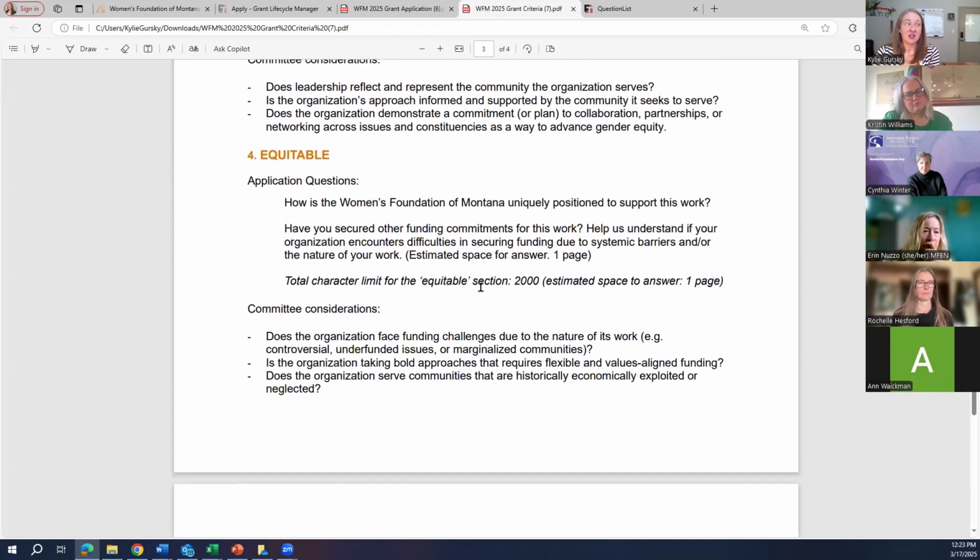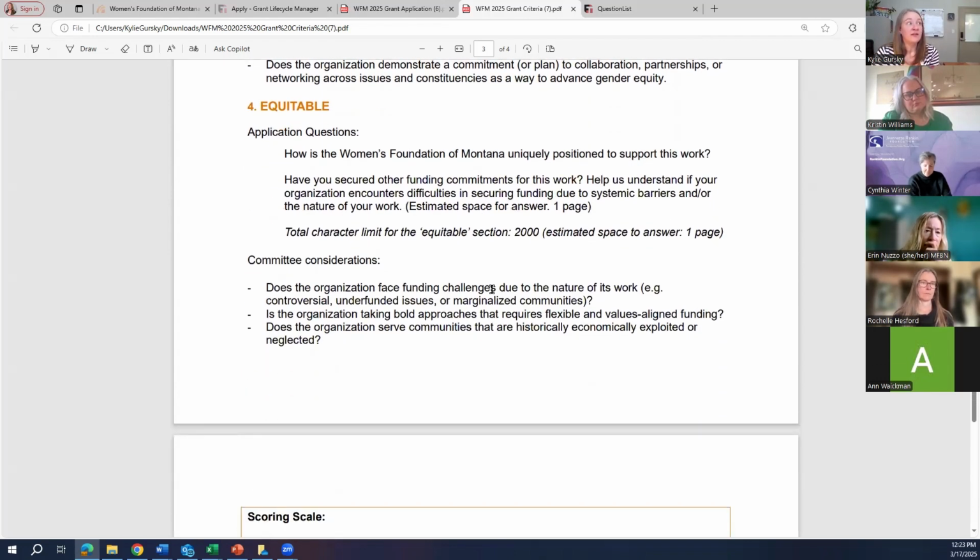Moving on to the last section, this section is equitable. And this is to help the Women's Foundation meet our goal in distributing funding. So how are we positioned to support your work? How are we uniquely positioned to support your work? And so the questions you'll answer for that is, have you secured other funding commitments? Help us understand if your organization encounters difficulties in securing funding due to systemic barriers and or the nature of